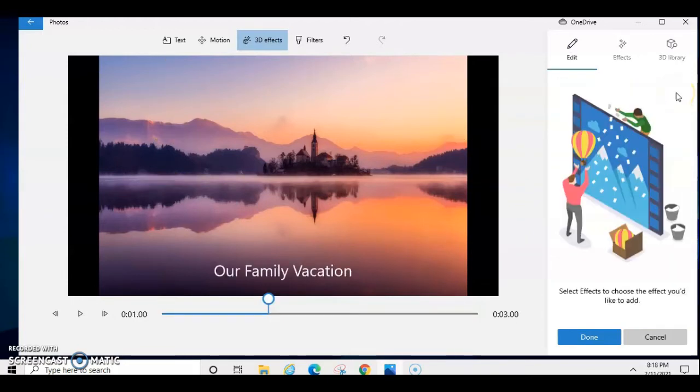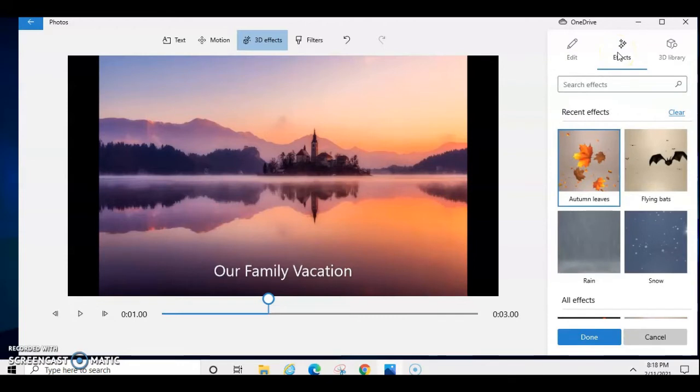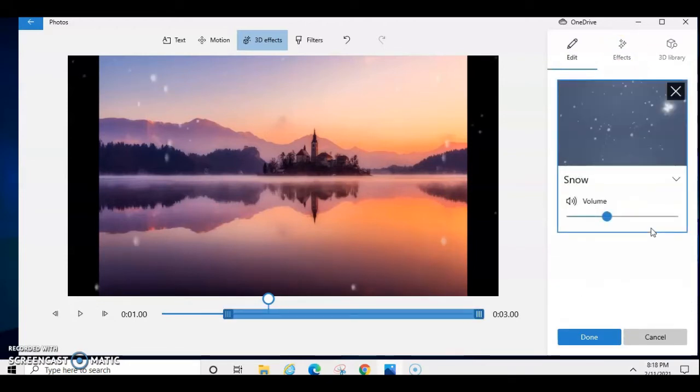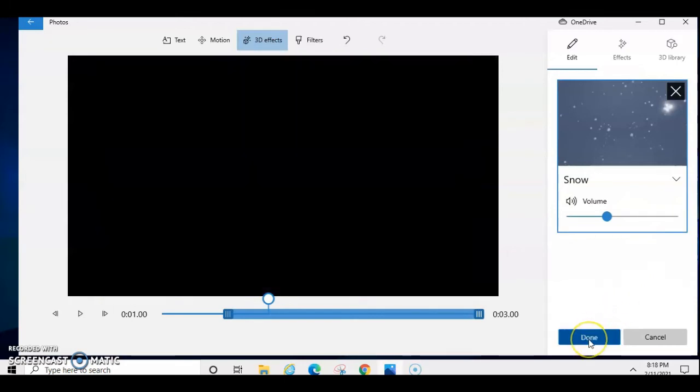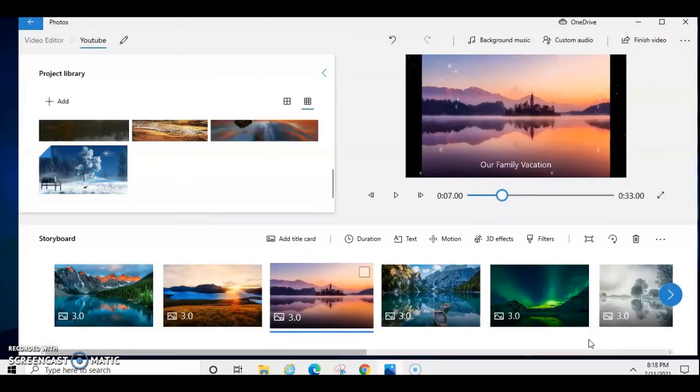Let's add some rain or something, or maybe some snowflakes to see what it looks like. And we'll click done. So the next thing that I'm going to show you is just how to add some